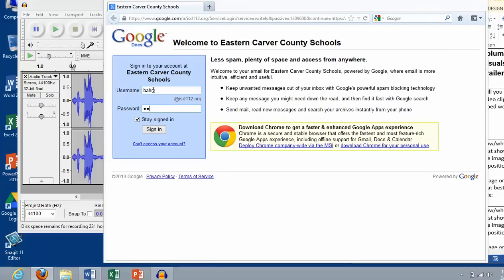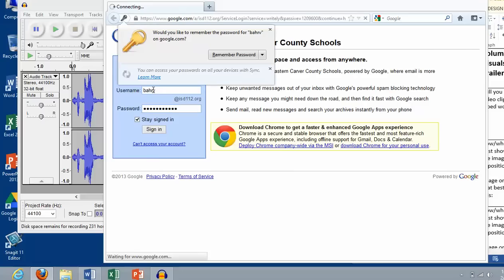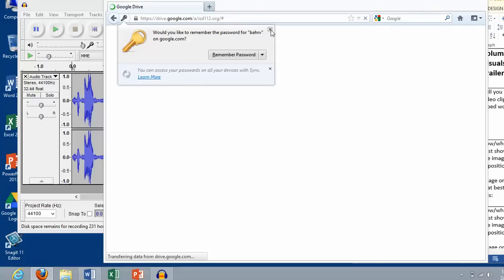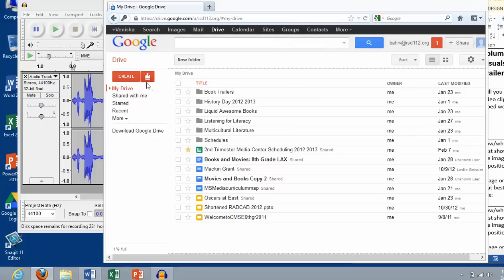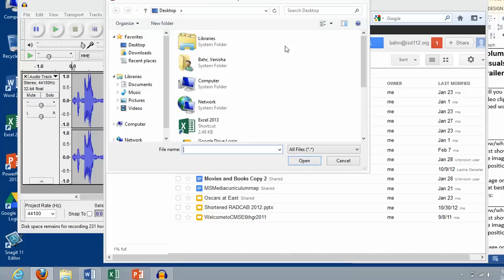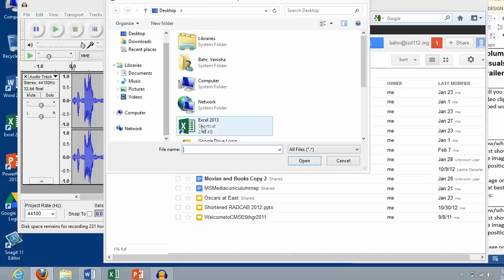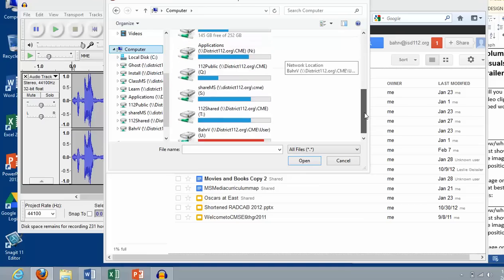Okay? The reason I'm putting it into my Google Drive is because I need to change my document into a file with a URL with it. This little button right here with the arrow, that's my upload button. And I can click Files, and now I can go back to, see how my stuff isn't showing up here? I have to hit Computer to get it to show up,